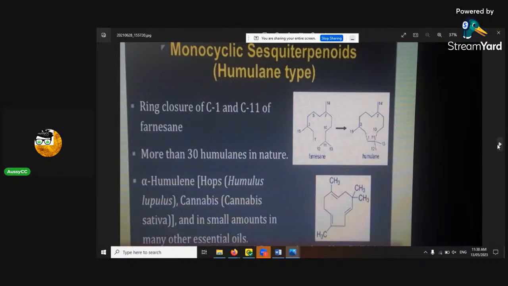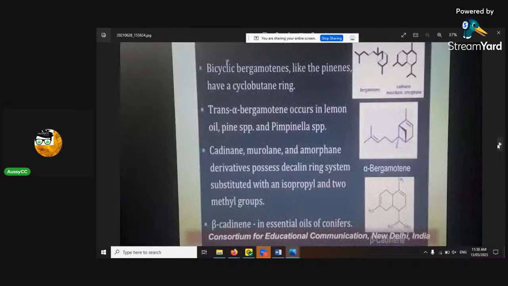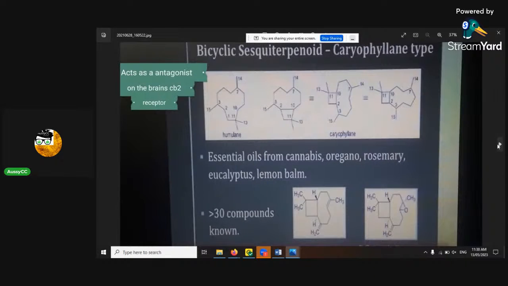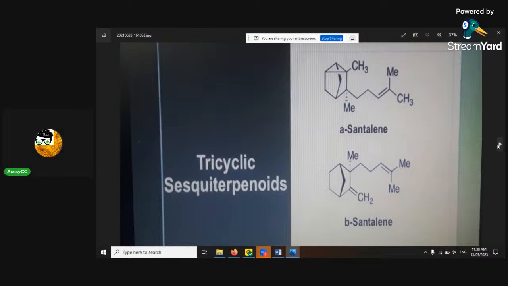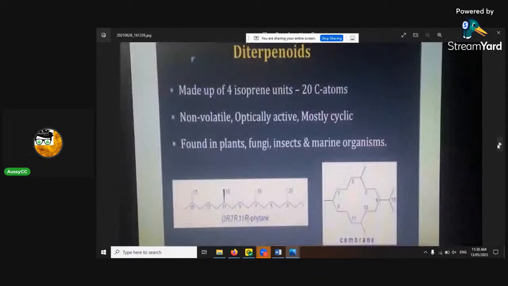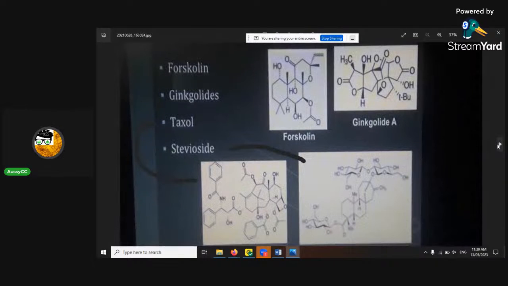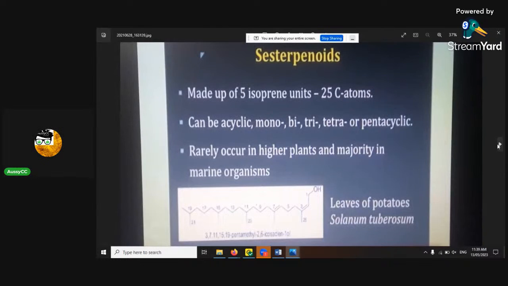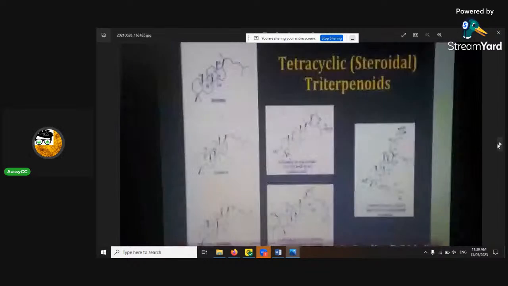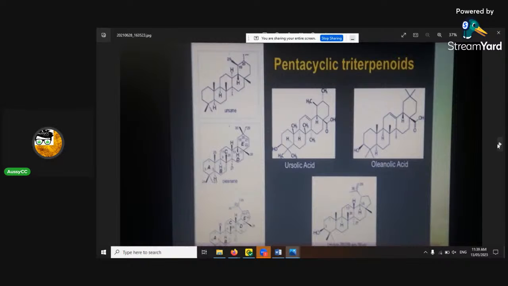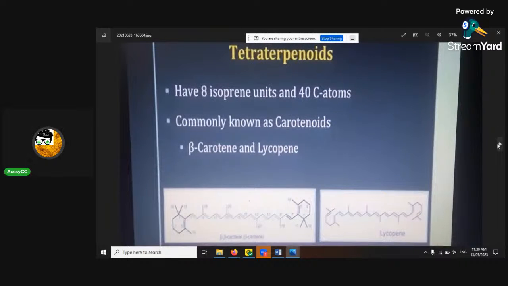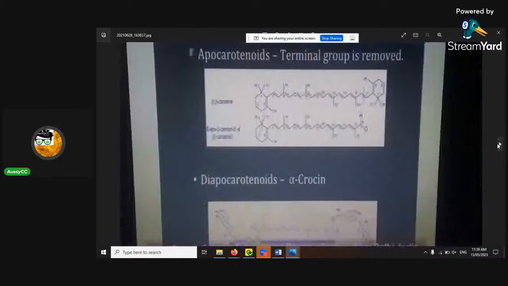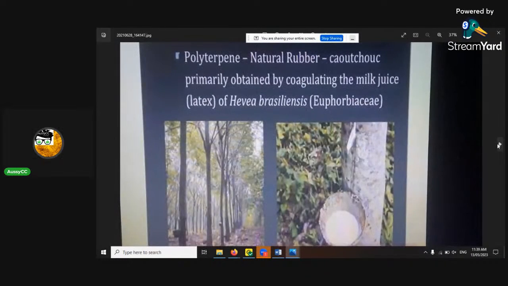All right, and next one. The sesquiterpenes are tricyclic. Here we go, diterpenes. So they have 4. So what are some of them? Phytol, that's a pretty good one. That's a real good one, actually. And the sesterterpenes, are there many of them? They're getting up a bit high. Tetraterpenes, the carotenoids. All right, it's going up a bit.